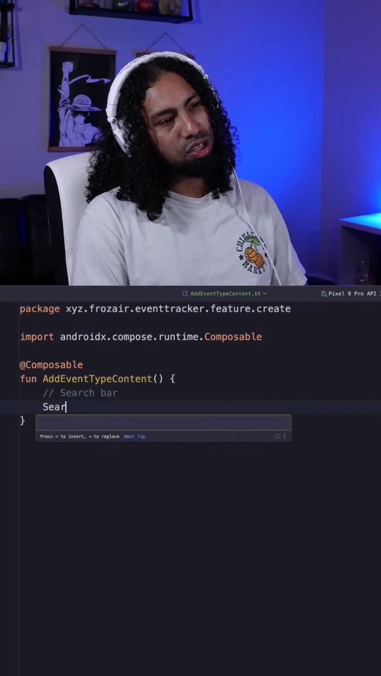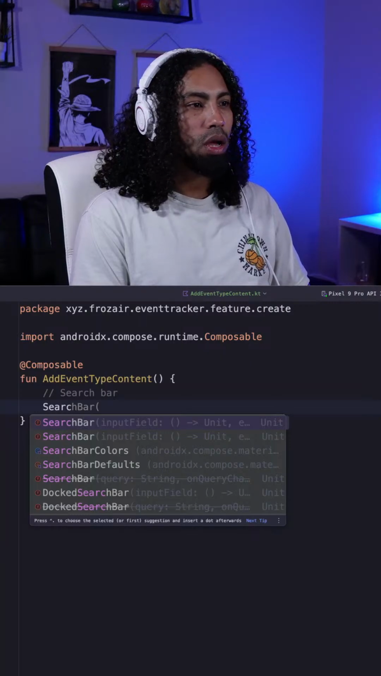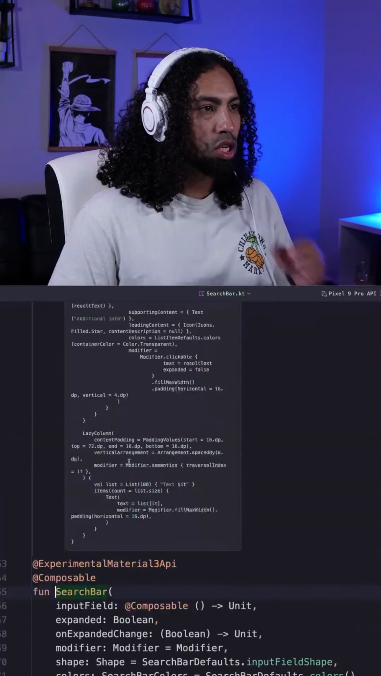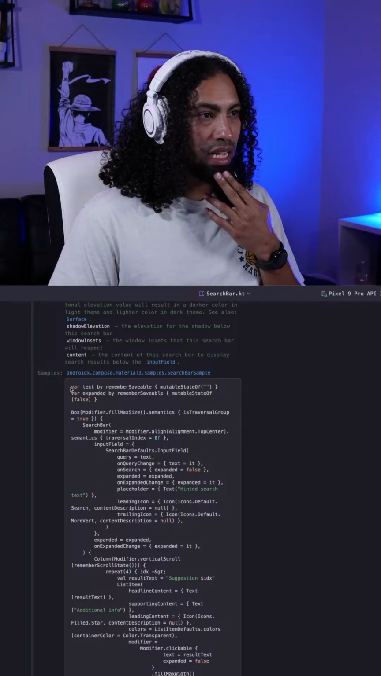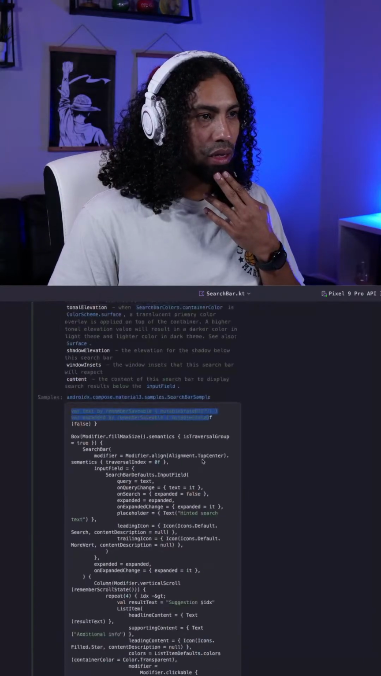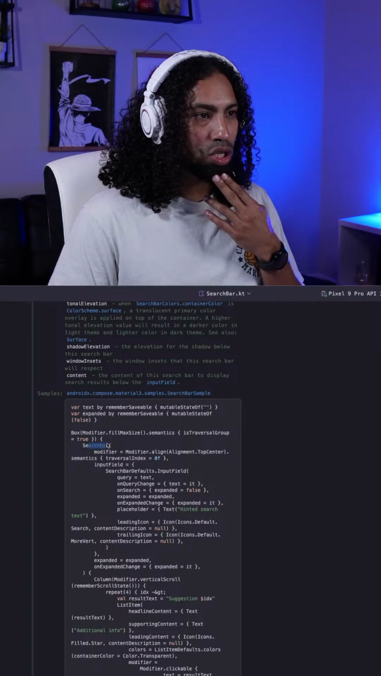How do we have a search? We do have a search bar. Okay, let's just throw this in. Search bar. We have an example here. We need the text to be remembered by. Ooh, no, I don't want it to be expanded. I never want it to be expanded. I just want the search bar